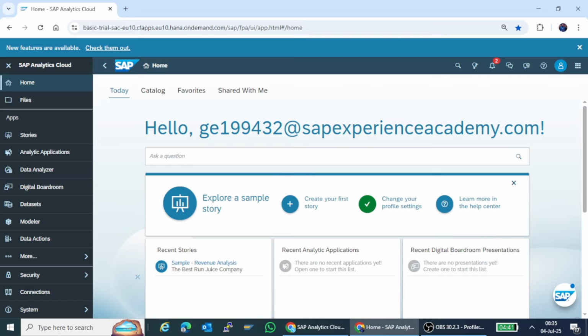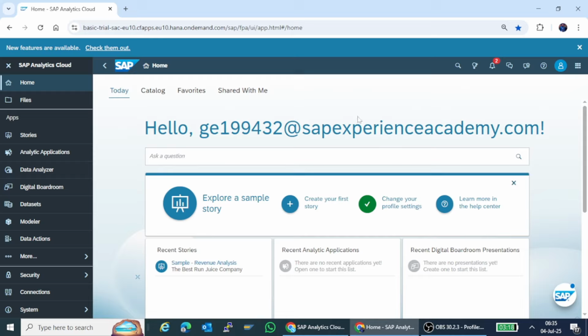Welcome to our new lecture. In this lecture, we will do practically what we have learned in our previous lecture. As a reminder, we have done some theory regarding the data preparation for SAP Analytics Cloud in modeling. So let's go straight to the system and do practically the steps we have learned,